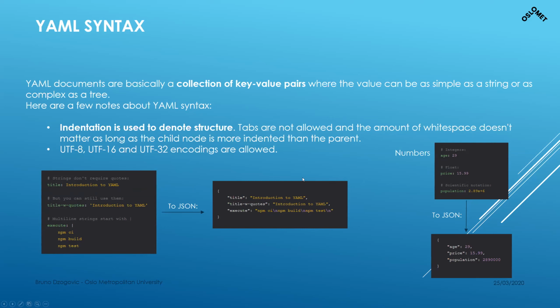For example, in JSON you can have something like piping stuff like this, npm ci, and so on, slash, whatever it is. In any case, you can do this in YAML just by putting a pipe and just putting everything in the next line. But indentation is very important. If this npm is one space to the left or one to the right, this is not going to work. So the indentation is super important.